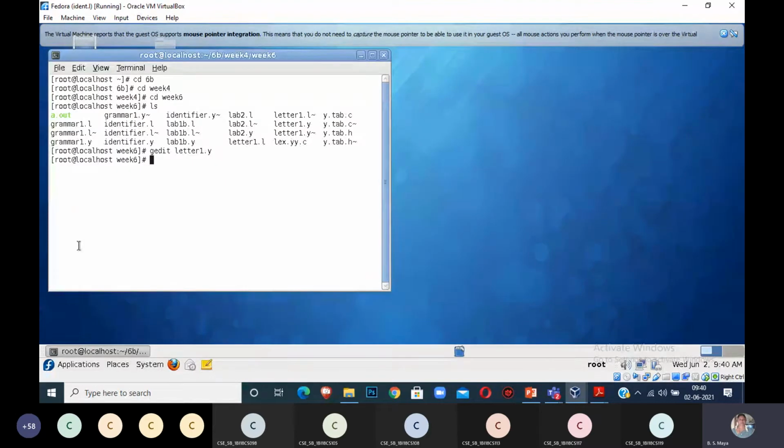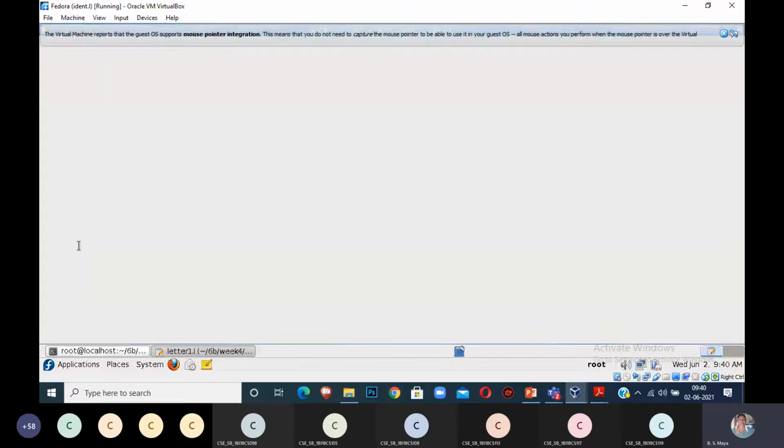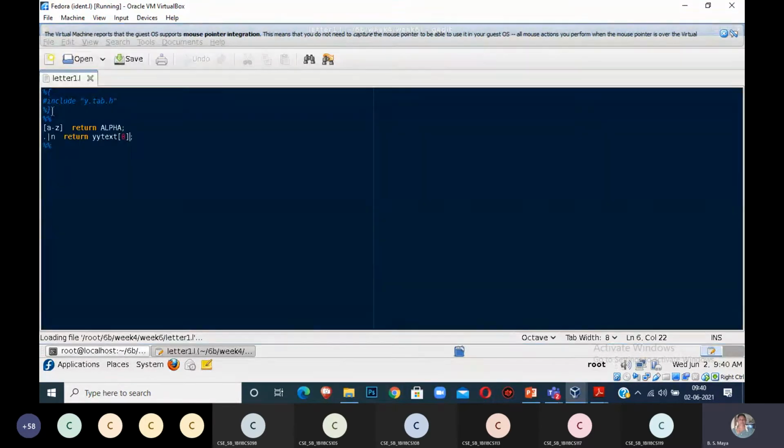Once you have written this, you can write the lex also, gedit letter1.l. I write #include y.tab.h, percentage close percentage. I write only small a to z, return alpha. Other than this, if you read anything, I want to return the null character, yytext of 0, percentage close.